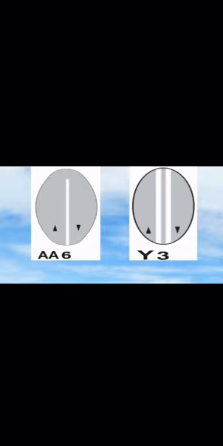AA6 is a no passing line. What's the difference between AA6, the one line, and Y3, the two solid white lines? AA6 shows you may not pass other vehicles, while Y3 shows you that you may not drive over it, not even to turn into a yard or anything else. To make it very simple, the difference between AA6 and Y3, the keyword is yard.